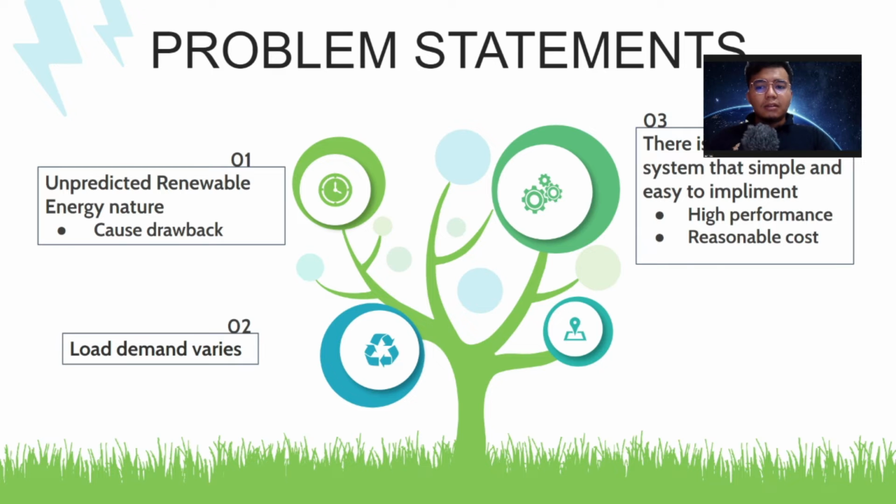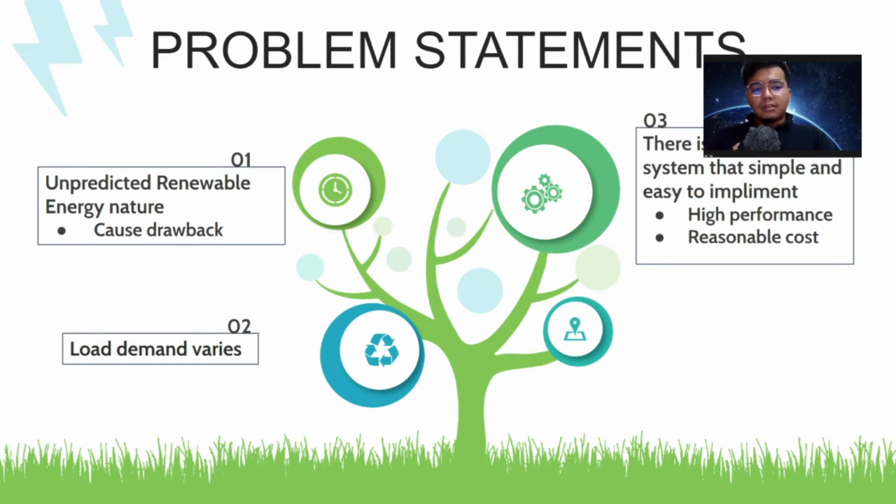For the problem statement, the unpredictable nature of the energy can cause drawbacks, and the load demand varies. So sometimes the load at night is lower than the load in the day, so the energy needed to produce it will become a problem. And the third one, there is a need for a system that is simple and easy to implement, which has high performance